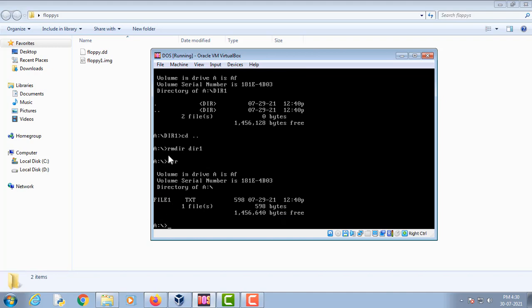Now as you can see, the dir1 directory is also deleted. Now we will try to recover both this directory and the file inside that directory. For this we will have to start our disk editor.